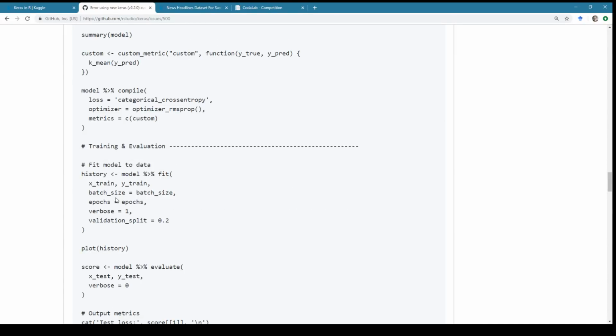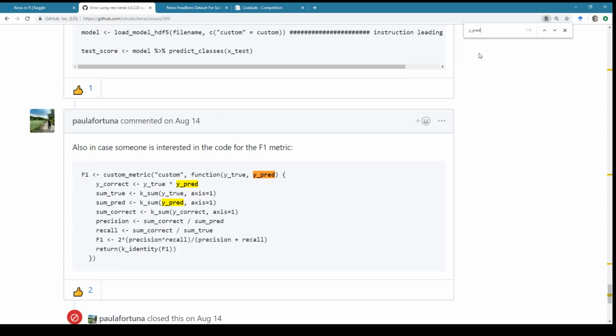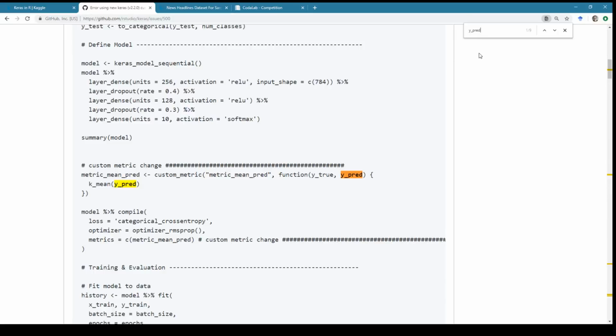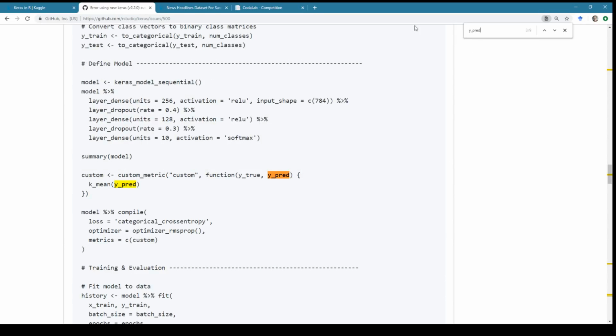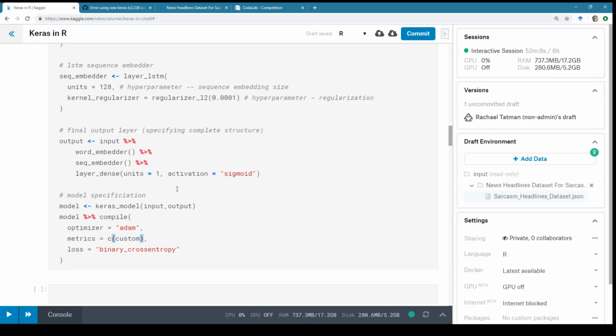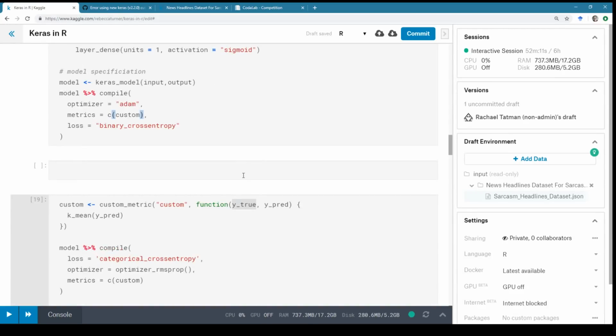I just want to see if there's anywhere else. So this is a custom metric, custom function, k-mean, ypred. So I don't know where ypred and ytrue are coming from. Okay, so this looks like something that is just specified in here. So we should be able to just use those same variables and it will work.